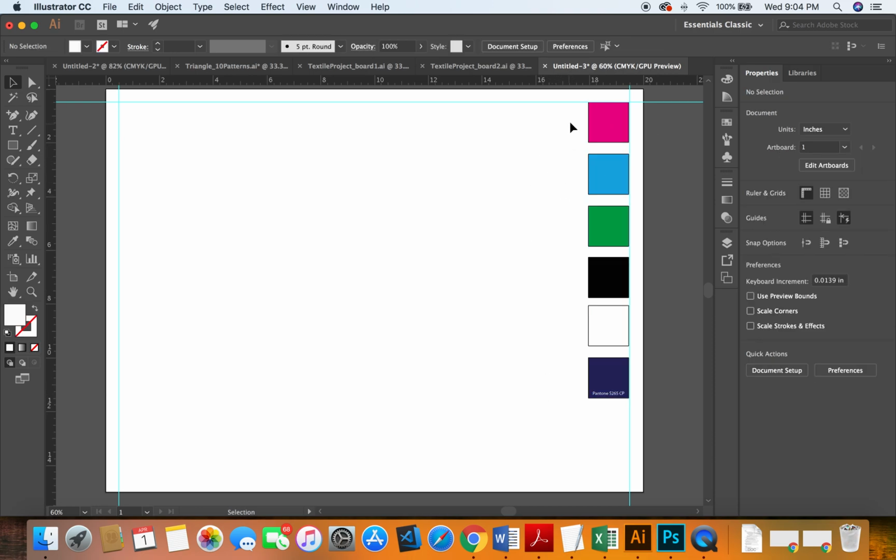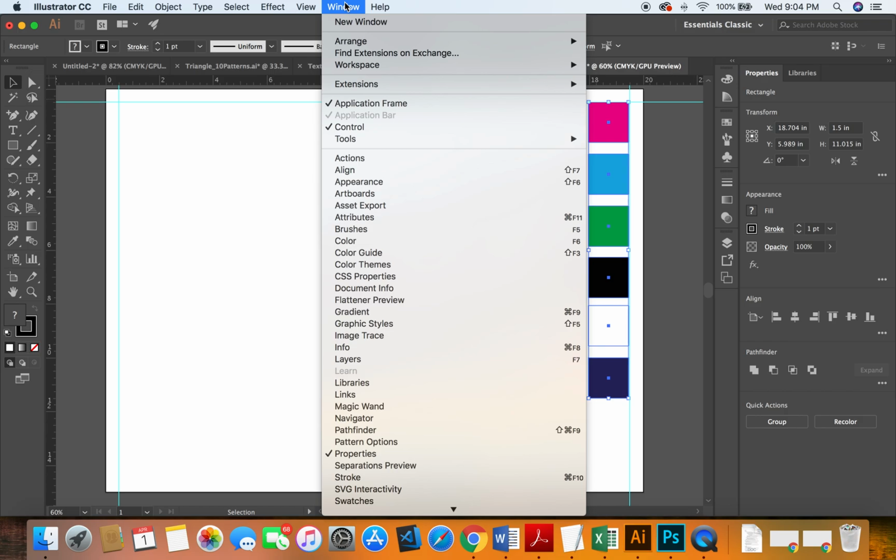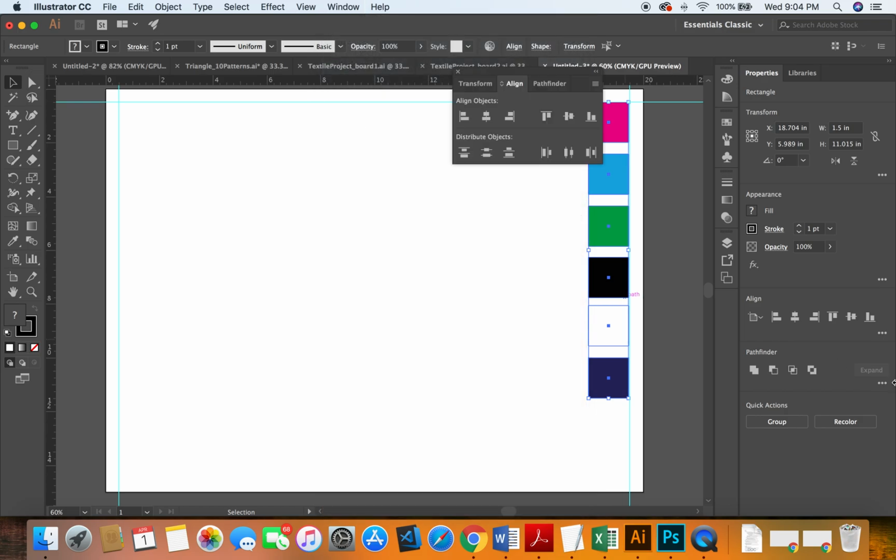The next thing I need to ensure is that these are all the same distance apart and that they are 1/2 inch apart. And just to simplify this right now, because I've only got this one Pantone number, when you have your Pantone numbers, you can group them together, okay, all 6 of those to ensure that they're treated as one object. But what I'm going to do again is highlight these 6 swatches, and grab my alignment menu. I'm going to go to View and Align, and I'm going to expand this because there's not very much visible here. So I'm going to come up here to my options and say Show Options,